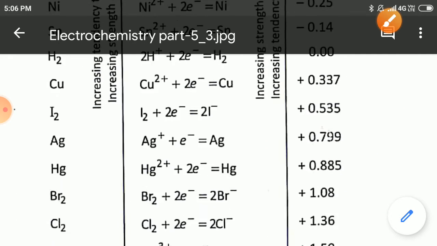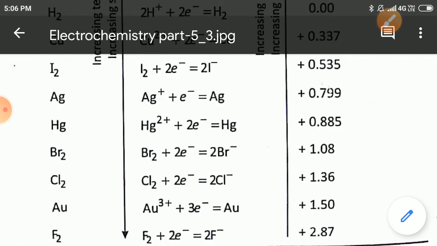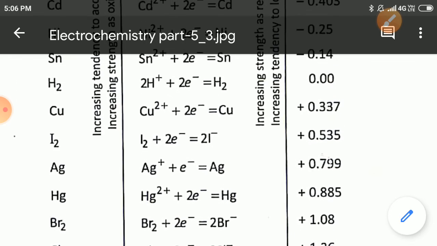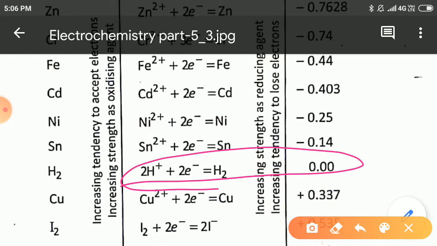Here in the middle, we see that the standard electrode potential of the hydrogen electrode is equal to 0. So with respect to this electrode potential, that is the electrode potential of hydrogen, we may generalize and take decisions about the reactivity of a particular element, or whether the element will be able to release hydrogen from a given acid or not. So with respect to hydrogen potential, we may take different kinds of decisions with respect to a particular chemical reaction.